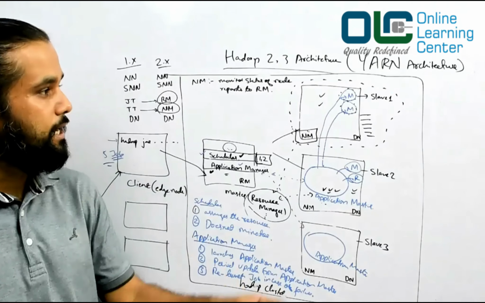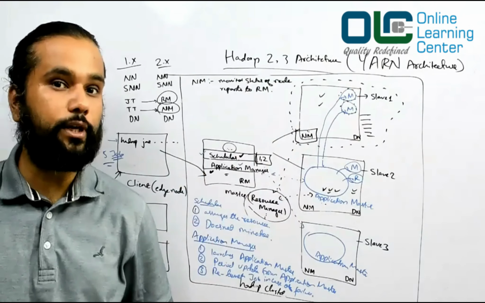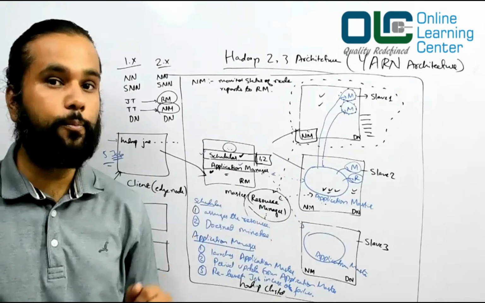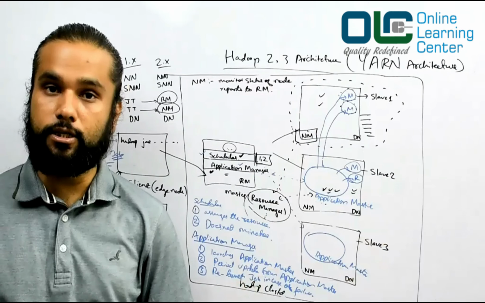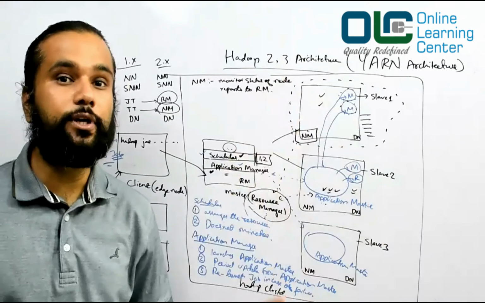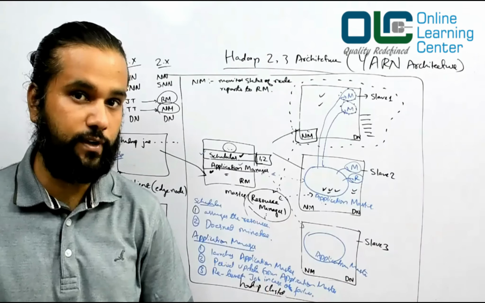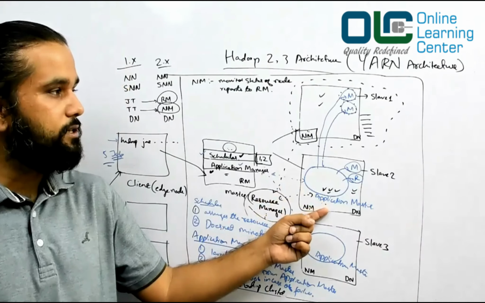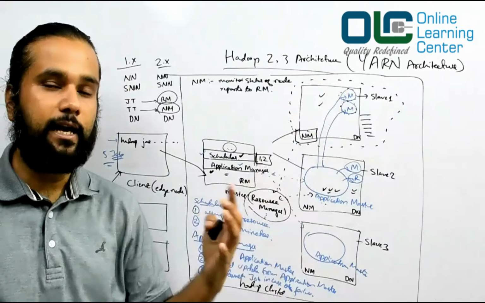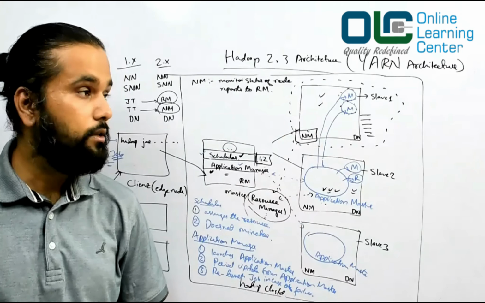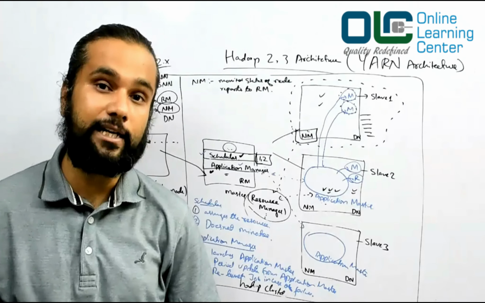So it has to understand what the containers are doing, right? Like, what is the progress of each container throughout the cluster? In real time, you will not see only a 3 node cluster. You may see a 100 node cluster, 200 node cluster, 10,000 node cluster as well, right? So it's the application master who would talk to all these guys and say, give me the status of what exactly you are doing, right?